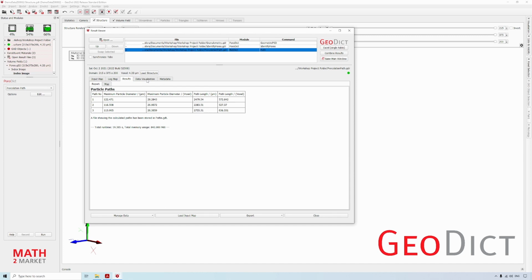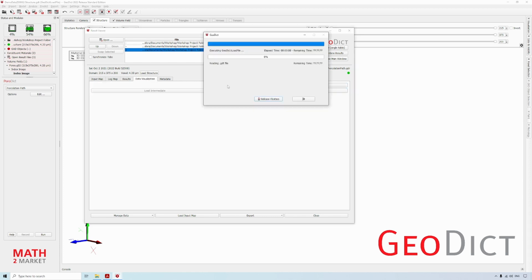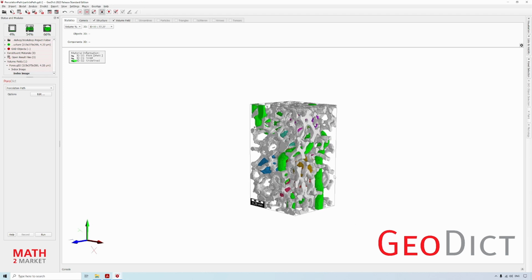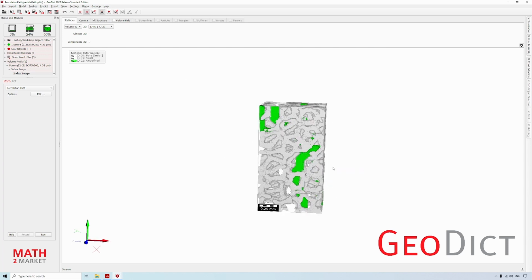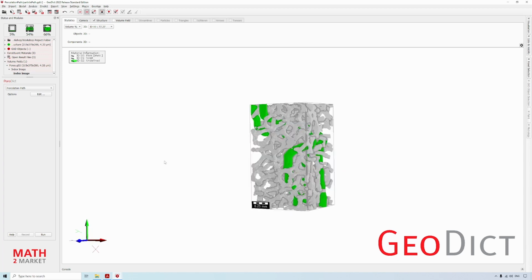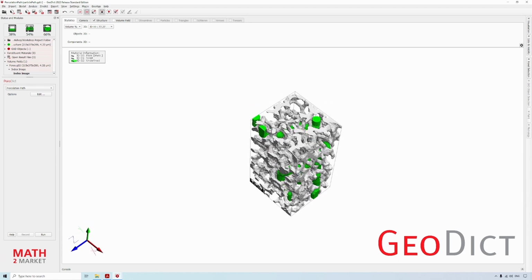We also can go to data visualization and select load result. This will load. It seems we have now loaded the percolation path into the G32 file. But that is no problem. We can just disable the view of the volume field by checking this box. And now we are only looking at the percolation paths and the structure. We can see how the paths are percolating through the structure.